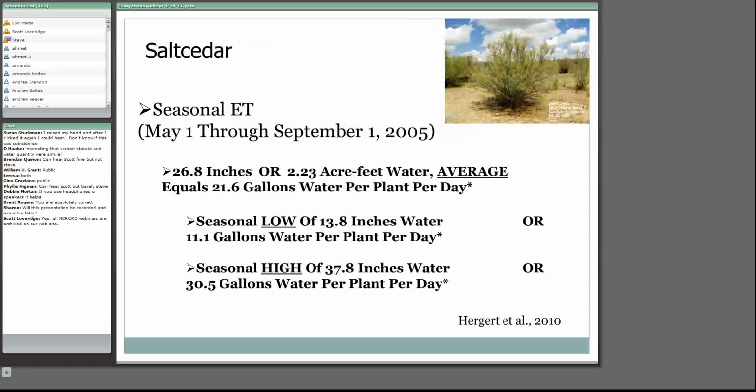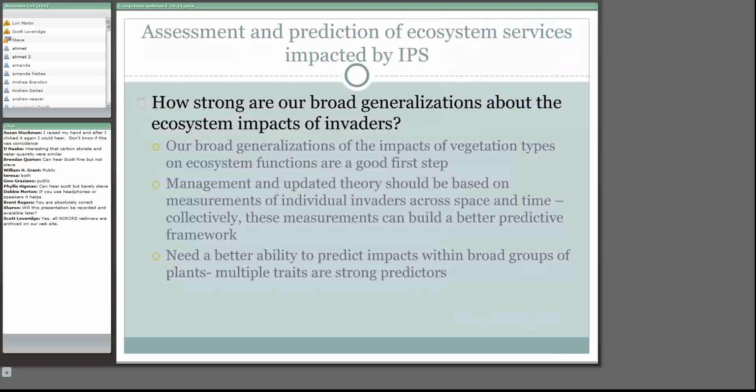Steve, could you define ET? There's a question about that. Oh, ET, that's evapotranspiration. So that's the water that moves through the plant system, the amount of water that the plant transpires on a given basis. It doesn't always have to be plants. ET could be from the soil surface, or wherever water is stored, the amount of ET that's being released.